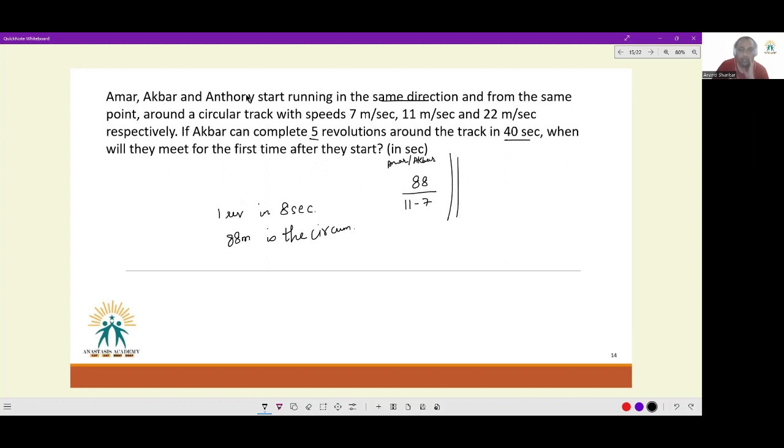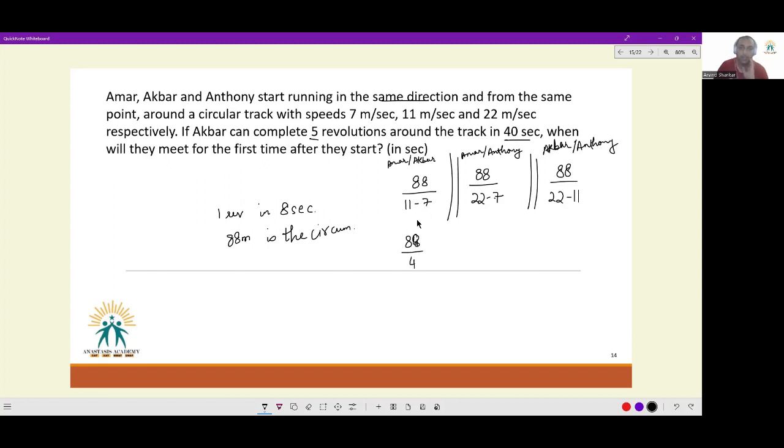How often will Amar and Anthony meet? They will meet at 88 by 22 by 7, 22 minus 7. Amar and Anthony. And finally, it would be Akbar and Anthony. They would meet after 88 by 22 minus 11. Every 88 by